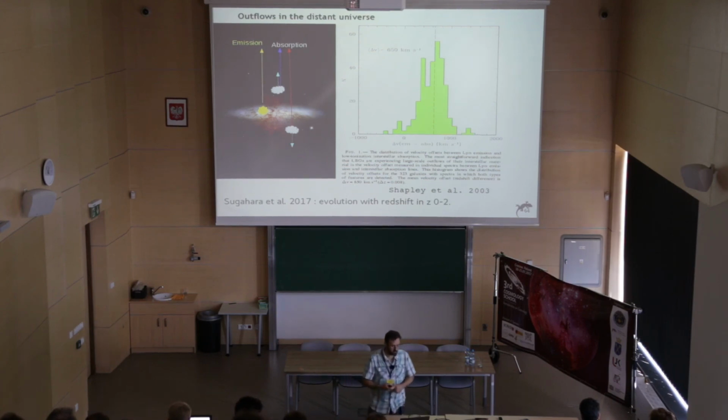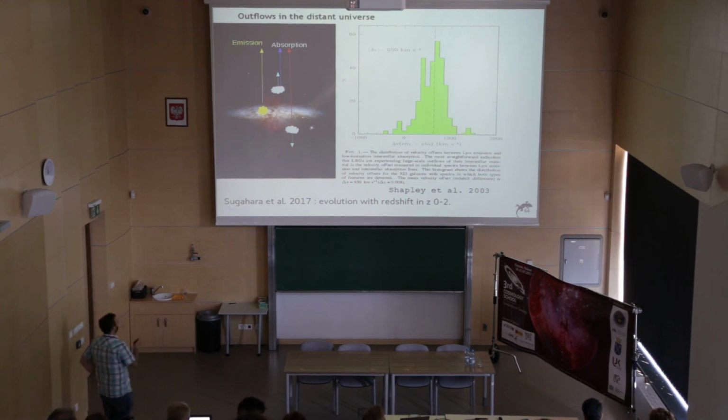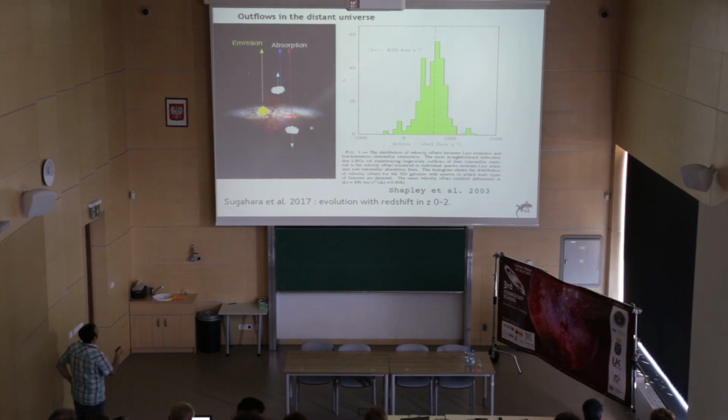And we can also, of course, study outflows in the distant universe. So we do it in a different way. And this is just an example, but basically you have the idea here. If you have your galaxy and you look at it from somewhere here, when you look at the galaxy in emission, you will see the disk, for instance, of the galaxy. That is something directly linked to the galaxy. And now if you look in absorption, because you have a line of sight in the direction of your galaxy, you can see maybe some clouds which are coming towards you, and that's going to shift the absorption with this Doppler shift, and some clouds which are in the back and have been blown away towards the back and go the opposite way. So you can look at the difference between the emission and absorption lines in distant galaxies,